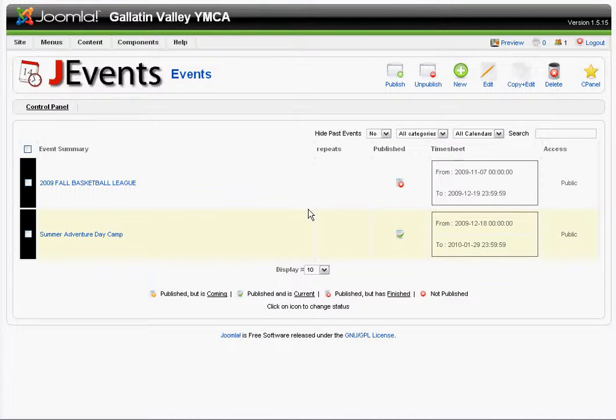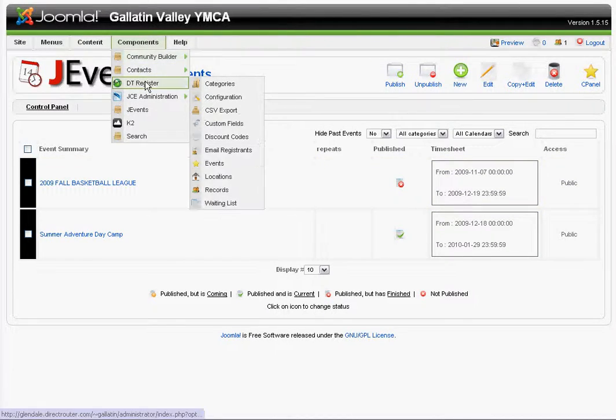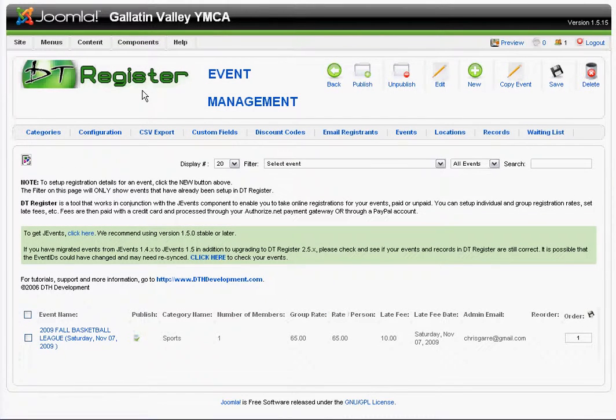Now that we've completed inputting the event in JEvents, or the program rather, we're going to go to Components and then DT Register. Once we have loaded up DT Register, we'll see a number of links along the top. The first one we need to address is the locations. So I'll click on Locations